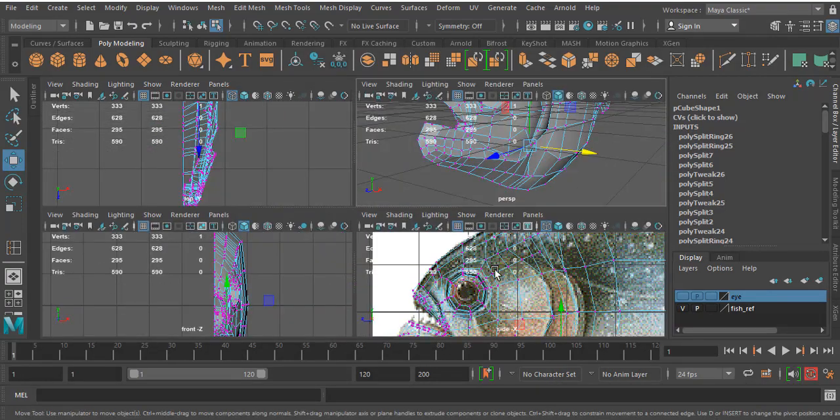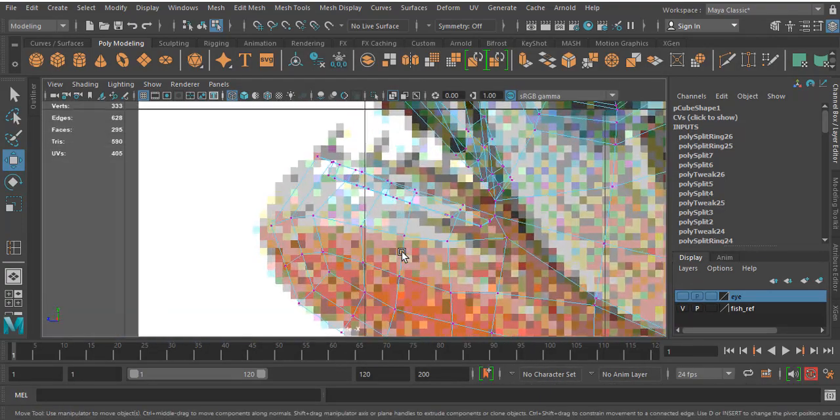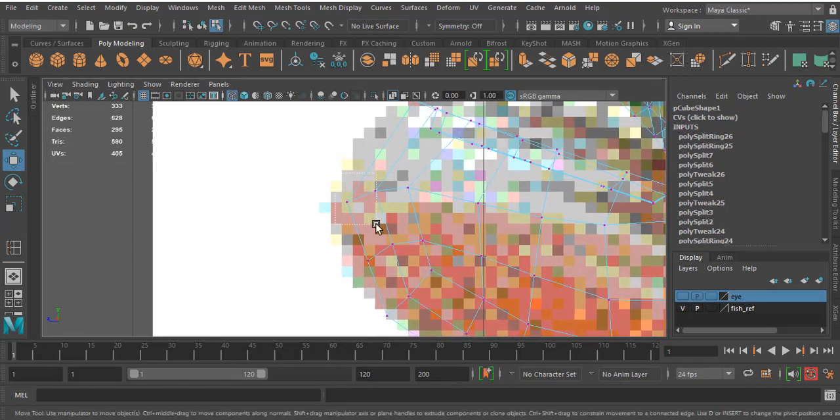Okay, so this area seems very thin, like there is no depth for this. Remove it. Okay.